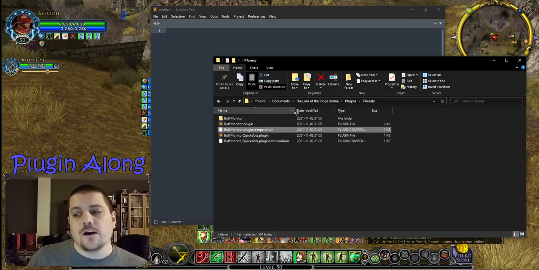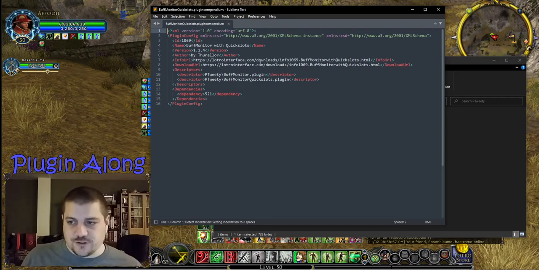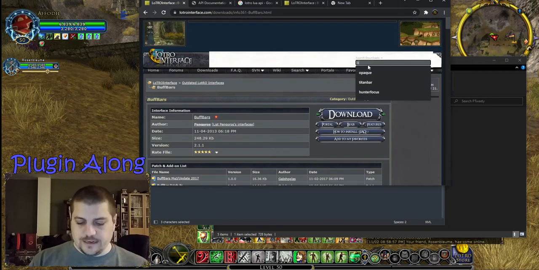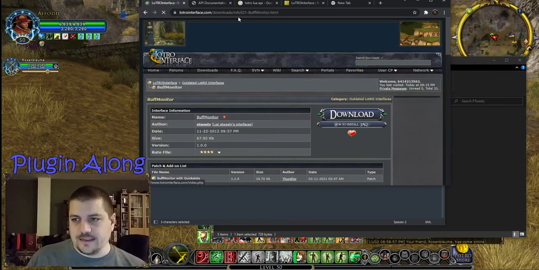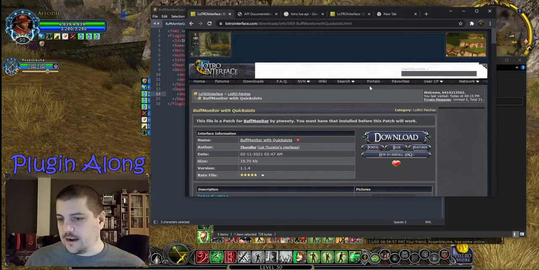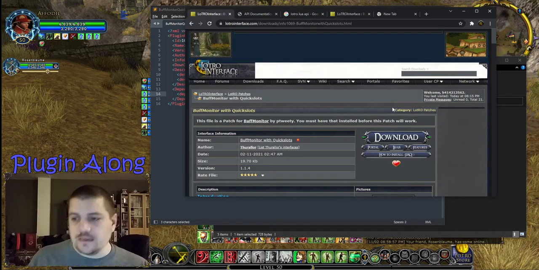Oh, okay. So it looks like the way Thurlord did that was by having a second buff monitor quick slots plugin compendium entry. And with that, we can see there was a dependency on 521. And not surprisingly, if we come into buff monitor, we can see that buff monitor is entry 521. So Thurlord in their plugin compendium file here, we have a dependency 521 pointing